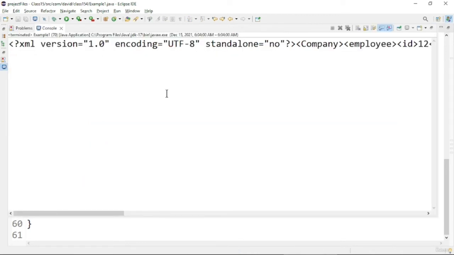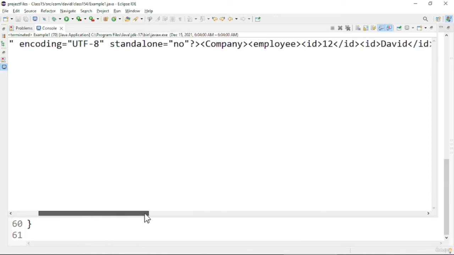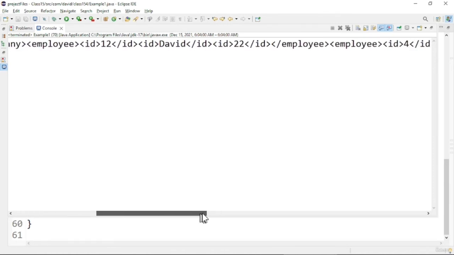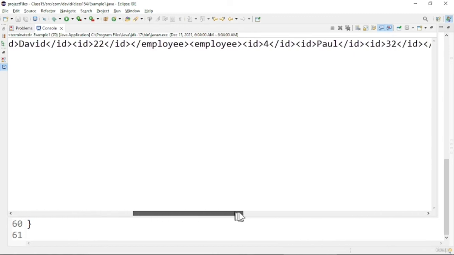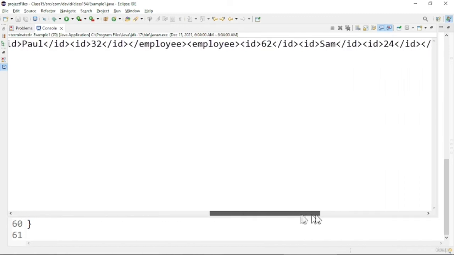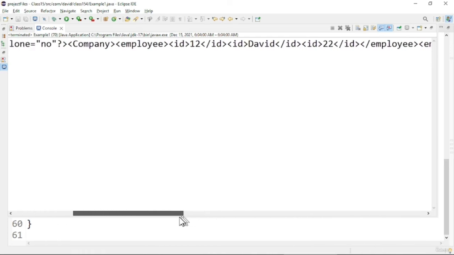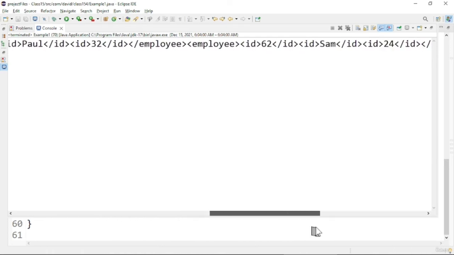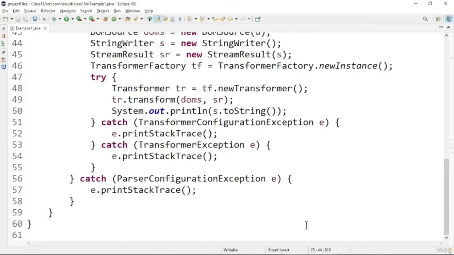So here you can see the output. All the tree structure is coming, the document is printing correctly, the XML structure is coming. All the elements are getting printed as per the XML structure. These all are coming without spacing, so that's why we have to go like this. So all the structure is coming. So that's it about how to do this program.